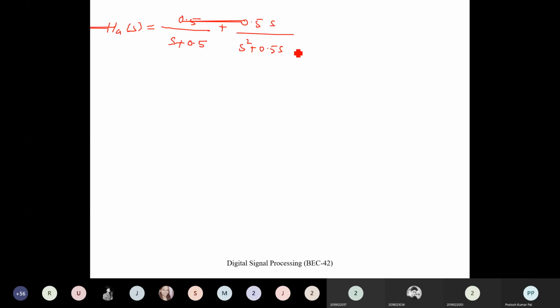Okay, so we have just written it in a more simplified version. So this 0.5 is taken outside, s plus 0.25 minus 0.25 has been done, and it has been separated. Okay, so once we have written that, we will be getting H(s), and finally it will be given by this: